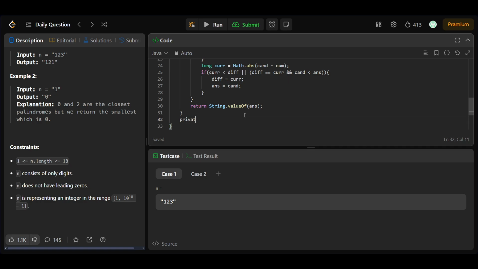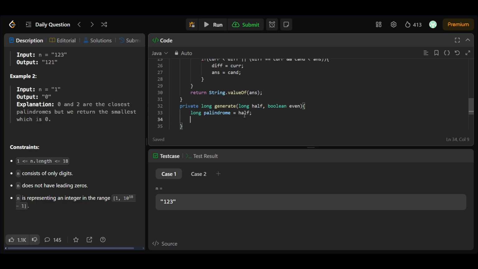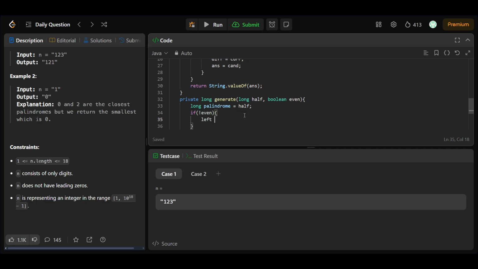and let's quickly write this function, that is, private long, let's call it generate. It will be having long num, long half, and boolean even, let's say this. Okay, let's have the long palindromic number, which is, let's say, we are starting from the half only. Okay, and if it is not even, if not even, I'll be